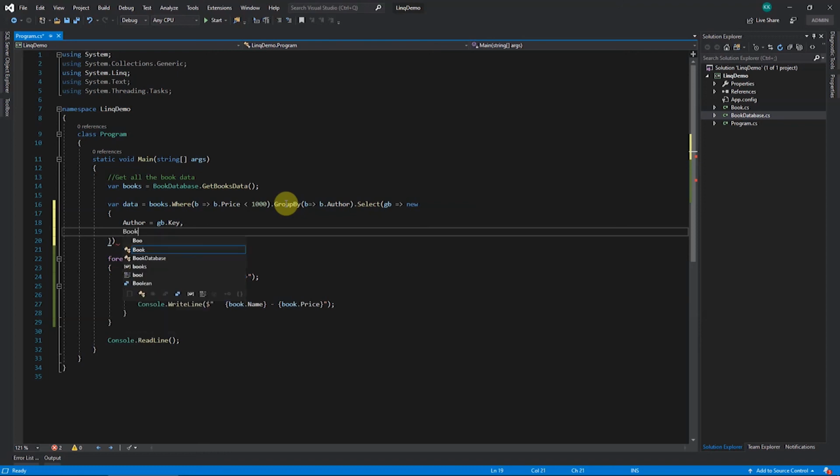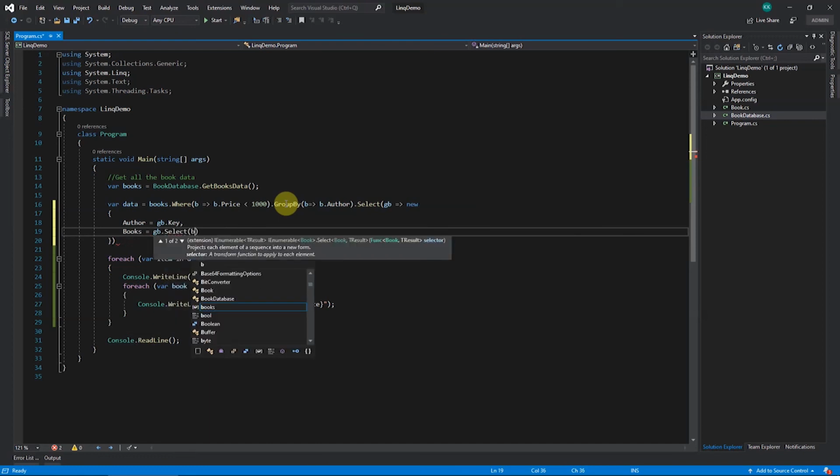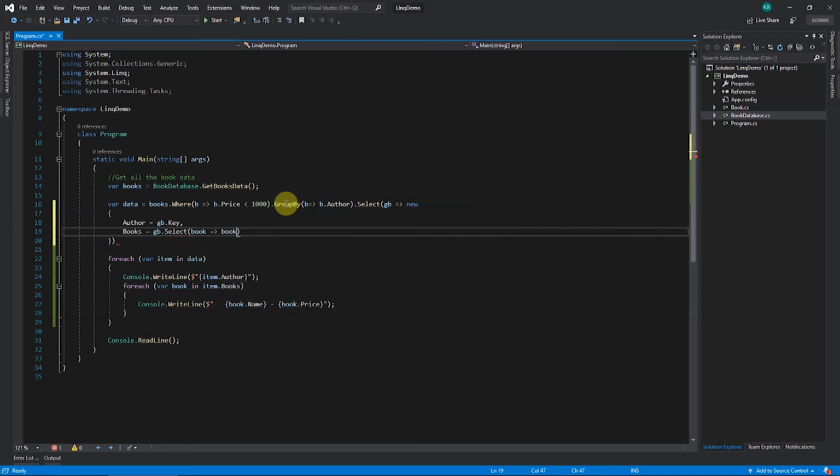So books equal to gb dot select, and from each book we'll extract only the book dot name, and